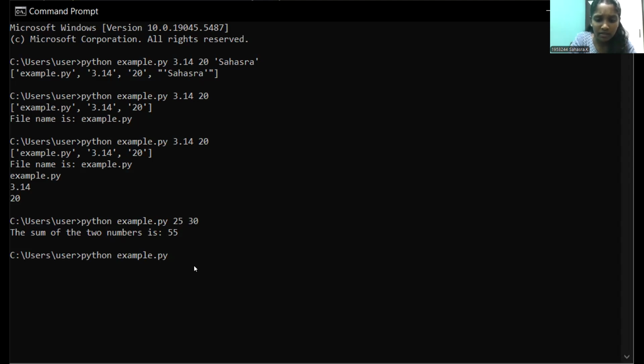What I'll do, I'll pass one as an integer, 20, and another pi value, 3.14 for suppose. By default, it will take this 20 as 20.0 and then perform the addition and give me the resulting value as a float value. So here you can see 23.14.